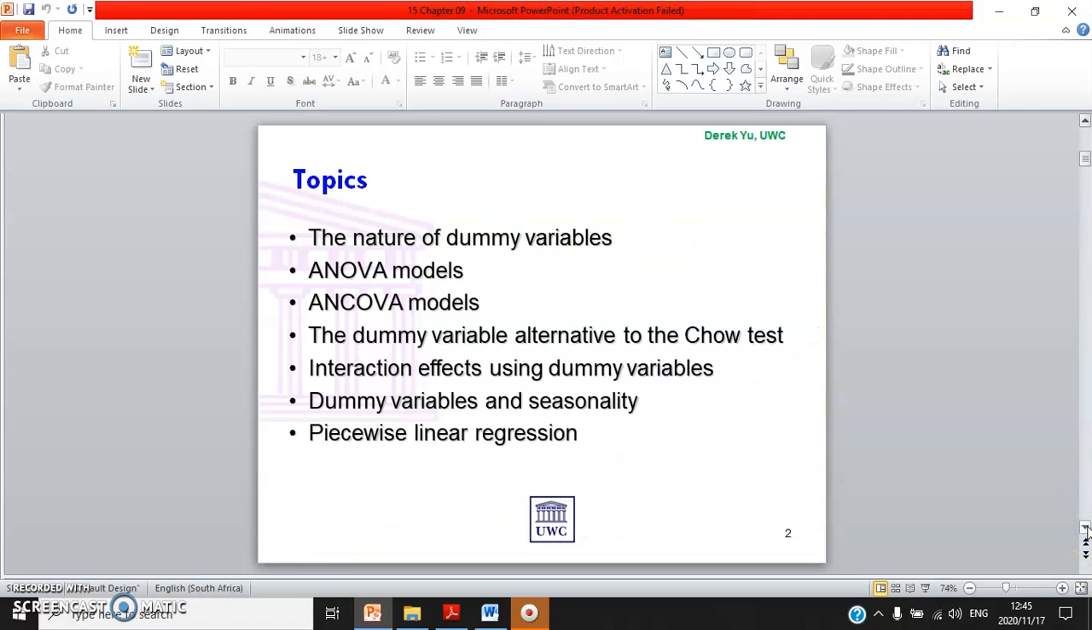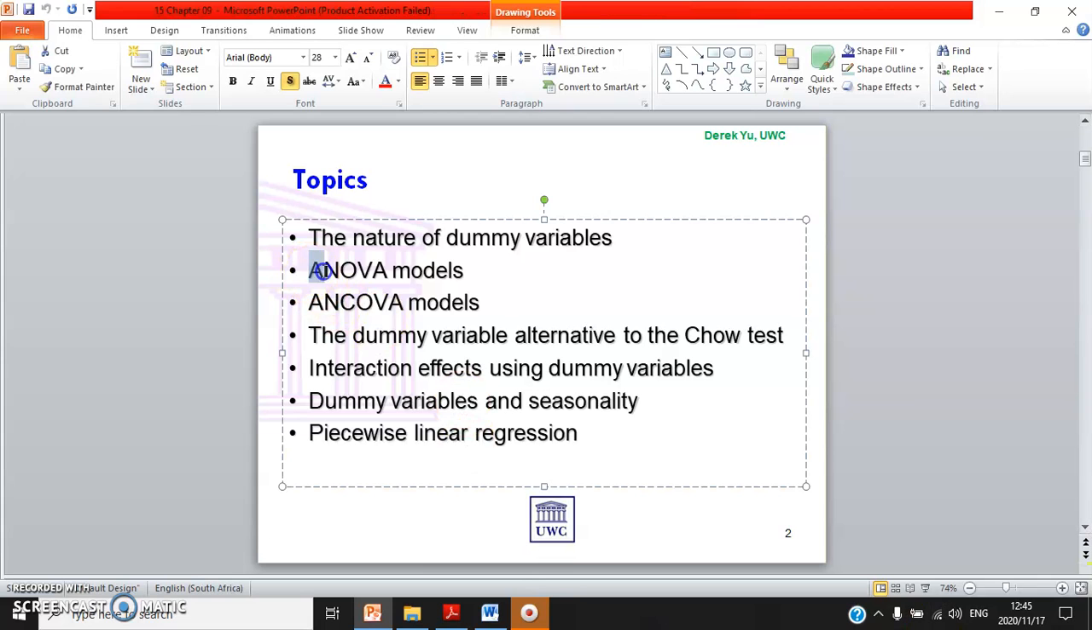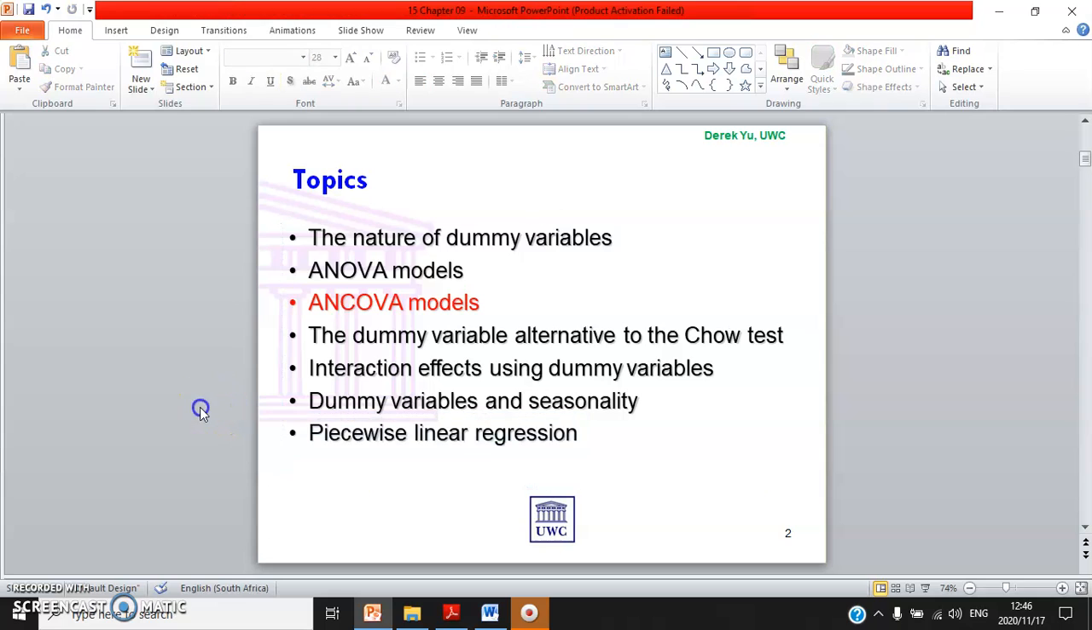Okay, so let's look at the outline. The nature of dummy variables, then I will talk about the difference between ANOVA and ANCOVA. But for this module, the focus would be more on ANCOVA. And then I will talk about intercept dummy, slope dummy, and interaction dummy. And then finally, piecewise linear regression model, which also deals with the change of the slope from a particular point